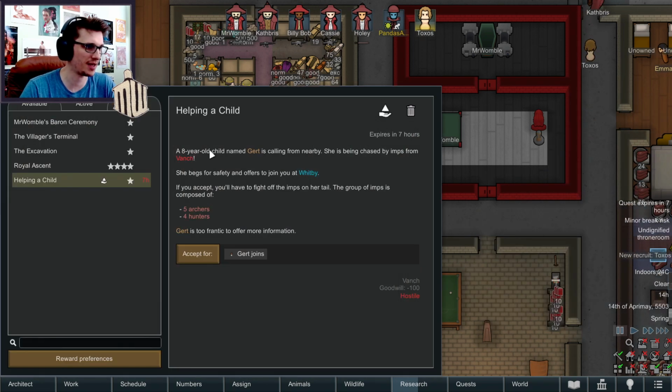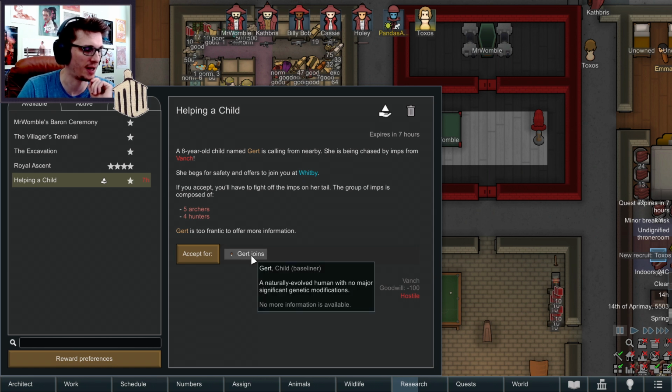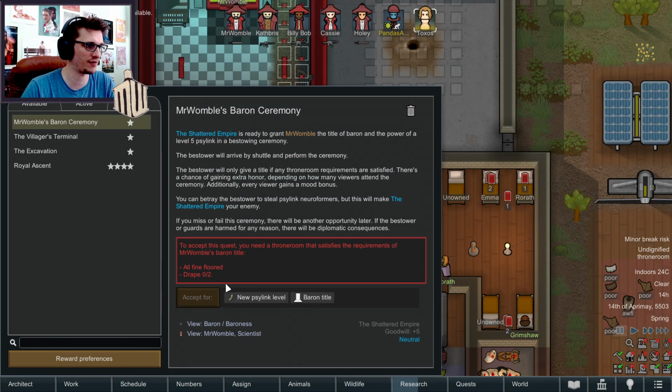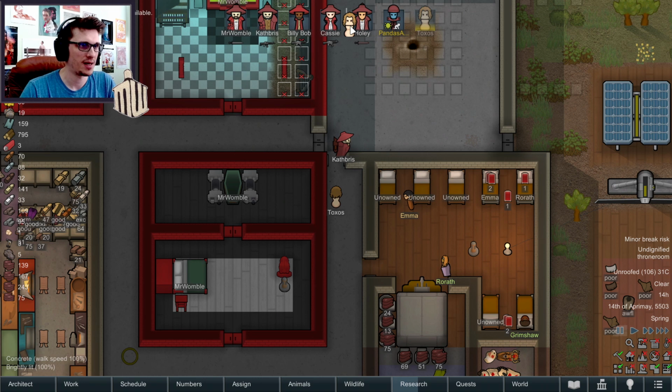Quest, helping a child. An 8-year-old child named Gert is calling from nearby. She is being chased by imps. She begs to offer safety. We get a child. I don't want to do this. So, sorry. New recruit, though. We do have a new recruit, so...